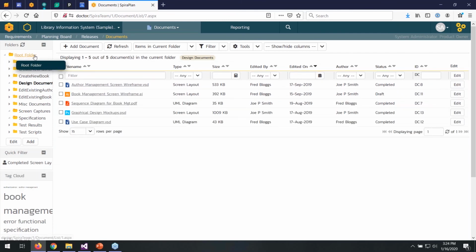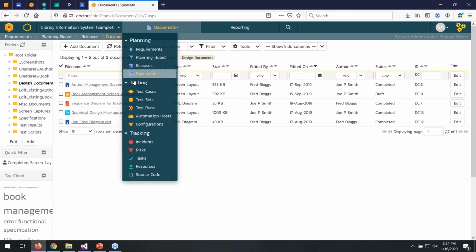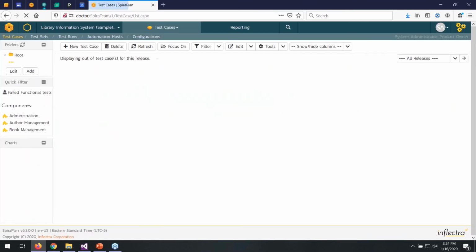Perfect. So that's the shared filter and save filtering and the shared views. Now, the other thing we've done in Spira in 6.3 is also around making it more usable, but it's more around the folders. So if I go back to my test case view over here,